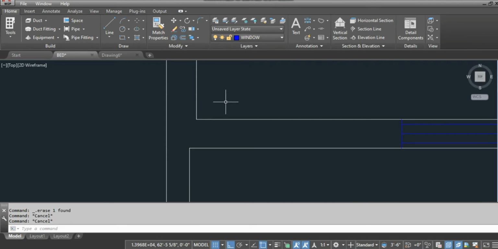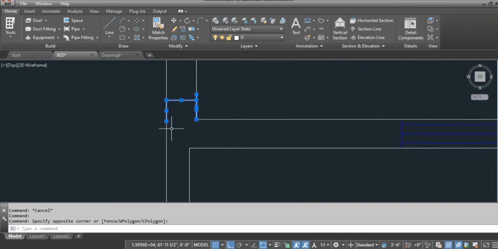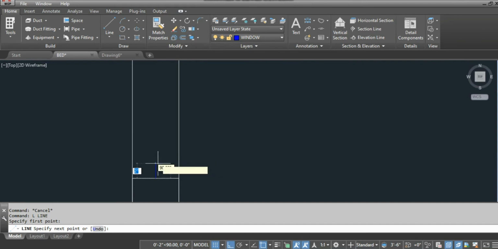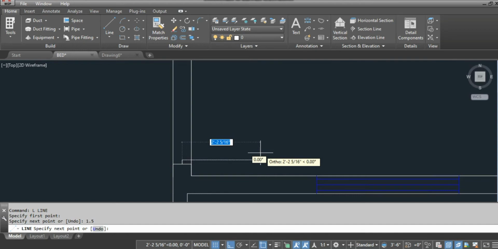For the creation of a door, L, enter, 4 inches, 4, enter, layer should be 0, line, enter, line 1.5, enter. So let's say we have the door of